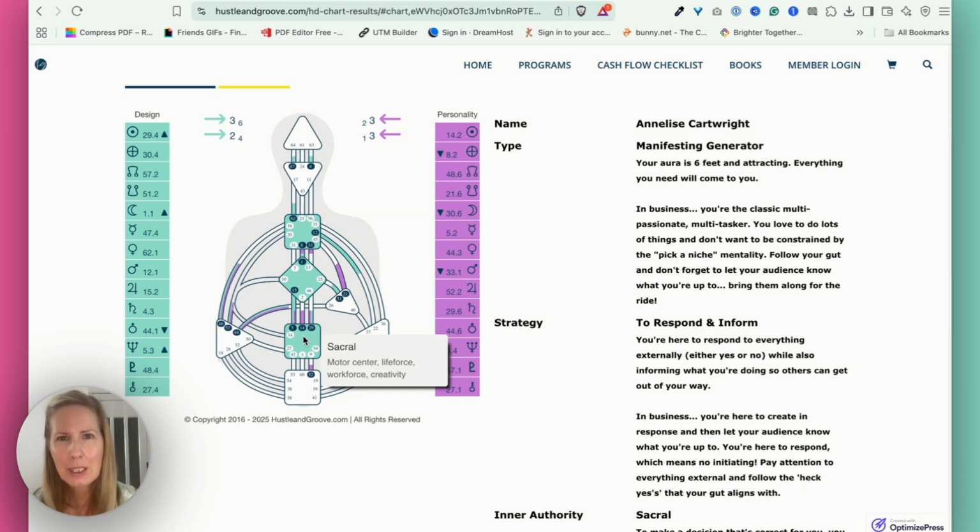Now, one tip about this, make sure that you're paying close attention to how that energy feels, because if people aren't aware and if they aren't doing things in alignment, then the energy that will be coming out and broadcasted from any of those defined channels could be not so good. So it's always about making sure that you're following strategy and authority, right? Where all roads lead back to that.